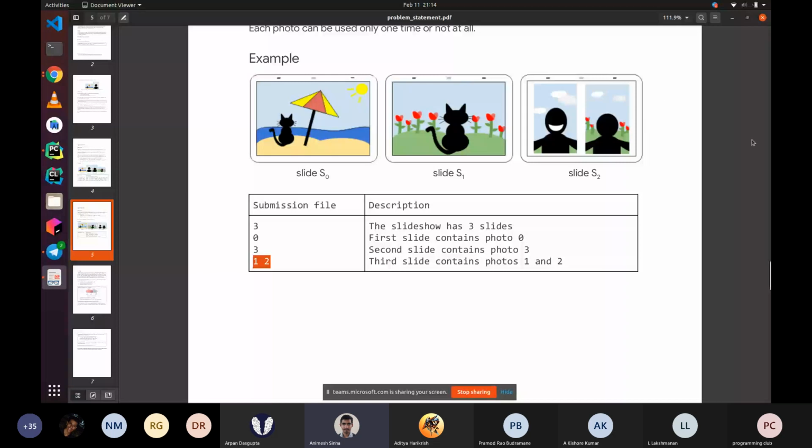This is one freedom that you are given. The other freedom is how you want to order these slides, because you are not computing the score over all pairs. You are only computing the score over adjacent pairs in your output list. So this ordering and this grouping, these are the 2 things that are in your hand.